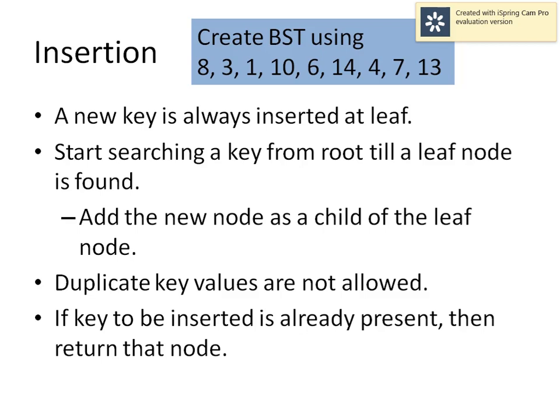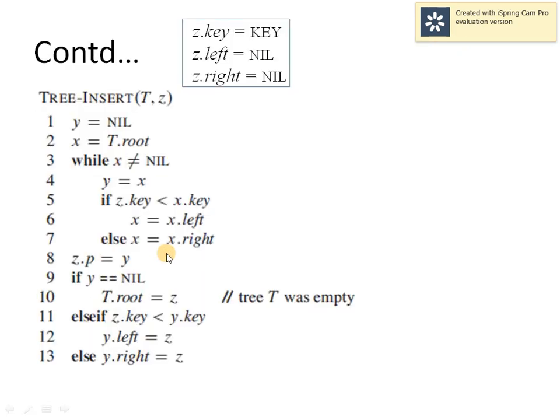As far as the parent pointer is concerned, you may or may not have a parent pointer present in each and every node of a binary search tree. If a parent pointer is present, then during the insertion it has to be updated properly. But if it is not present, then there is no need to update it. So now we are going to discuss two implementations. In one, we are going to assume that a parent pointer is present in a node, and in the other we will assume that a parent pointer is not present in a node. So starting with the procedure now.